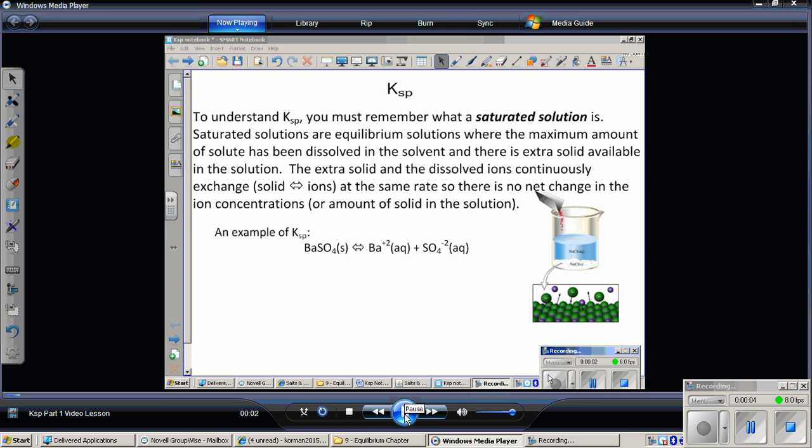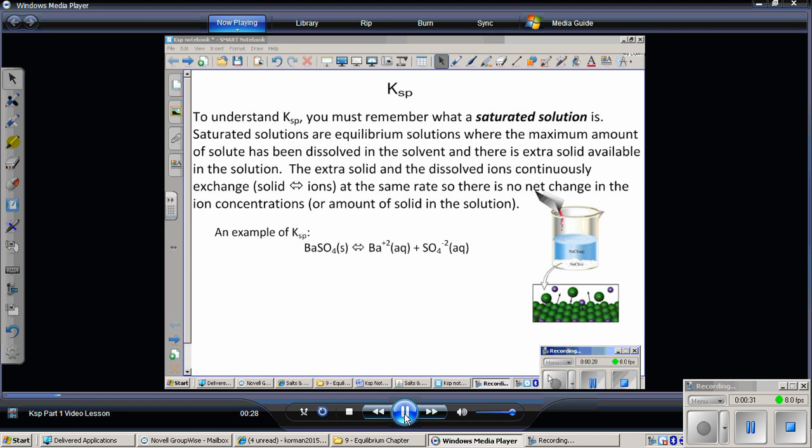It's now time for our next equilibrium constant. So we've learned Kc when using concentrations. We've learned Kp when using pressures. Now it's time for Ksp. Now Ksp actually does still use concentration. So you could call it a subset of Kc, but it's specifically having to do with